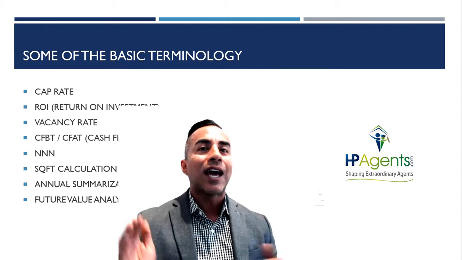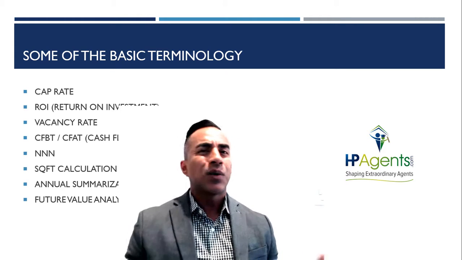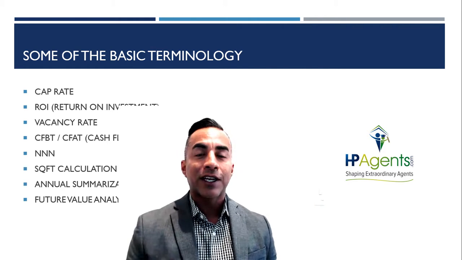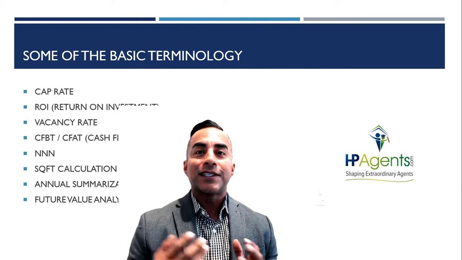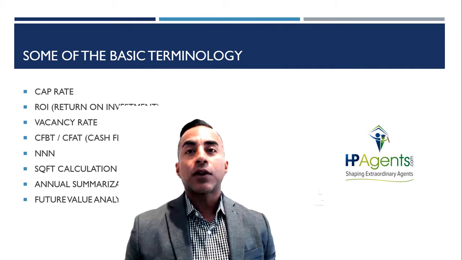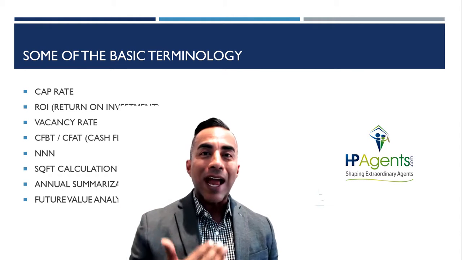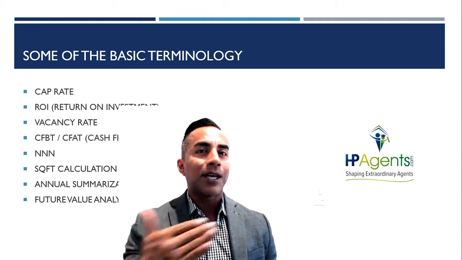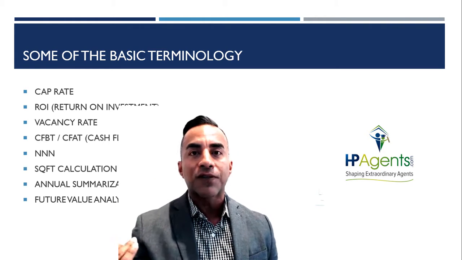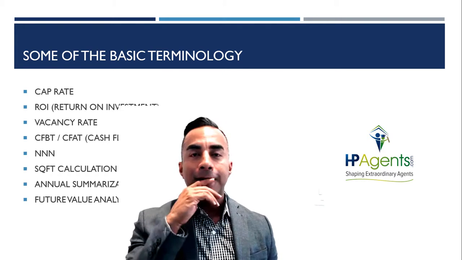So now I'm going to go to cash flow before taxes, CFBT, and CFAT, which is super easy to understand. How much cash flow is it generating before Uncle Sam takes his taxes, and after taxes? Now, after taxes can be calculated, but you have to use whatever tax structure or tax bracket your client is using. Sometimes you have to ask and they'll tell you, then you can put it into our software. It'll automatically calculate it and put it into a pretty graph. We'll talk about that later on.